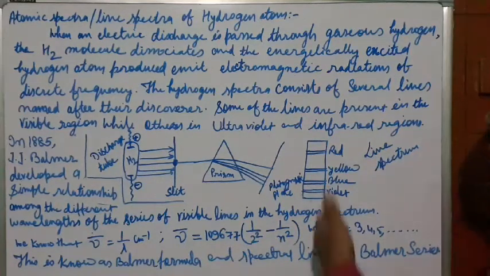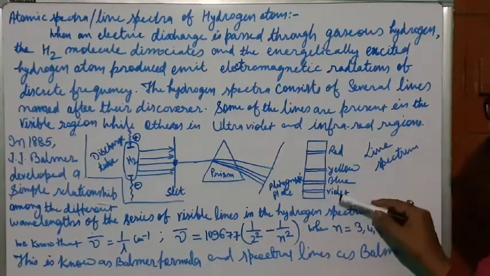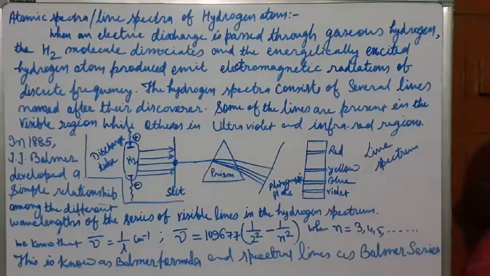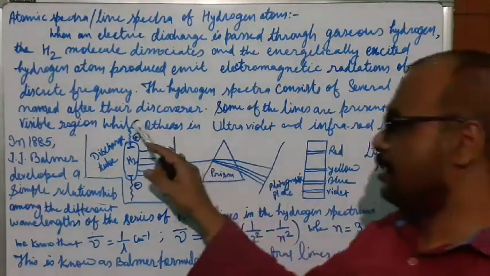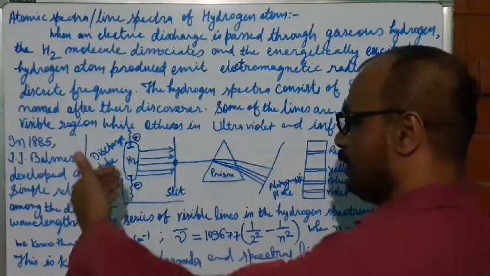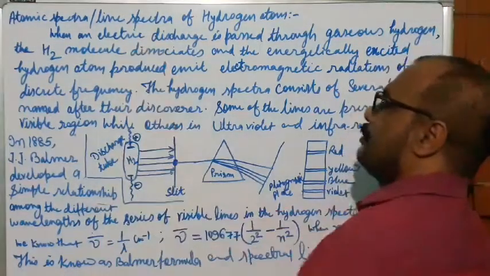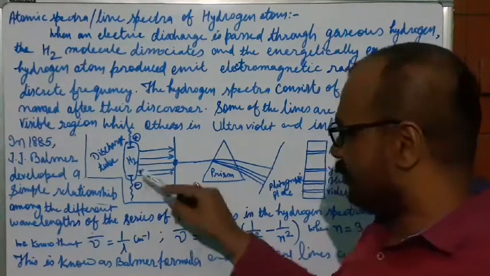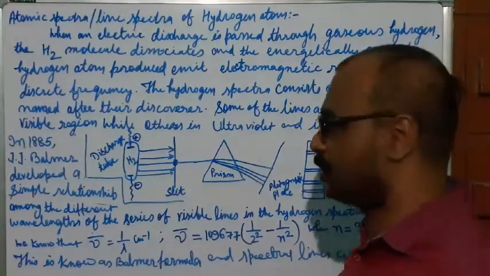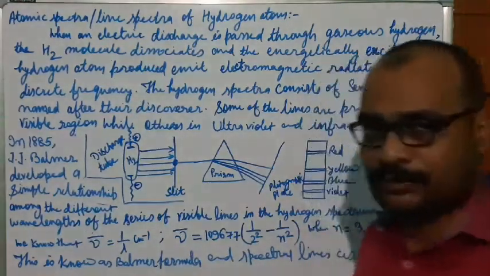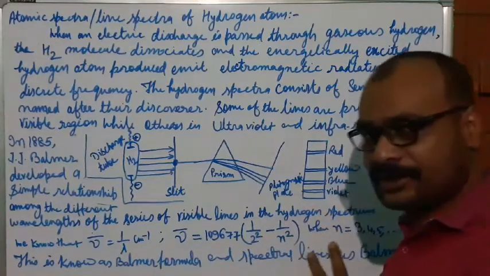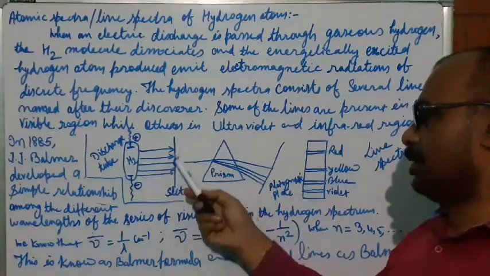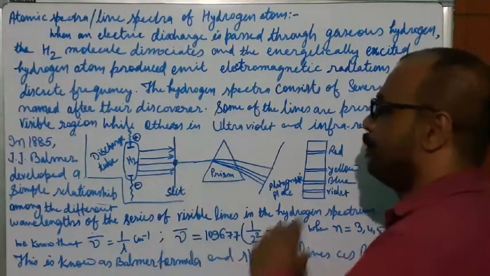And he said that these are the spectral lines of hydrogen. He said that there are four spectral lines: violet, blue, yellow and red. These are the four lines we got. Here energy is absorbed and then released. First, through electrical discharge at high voltage, electrical energy is absorbed, and then the hydrogen becomes excited. Some of the energy is released by hydrogen, and the released energy is passed through a slit to make a beam.